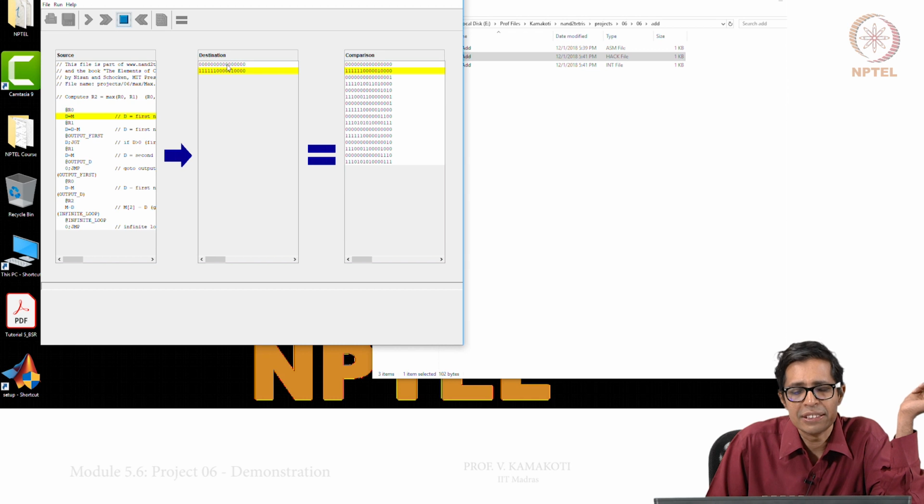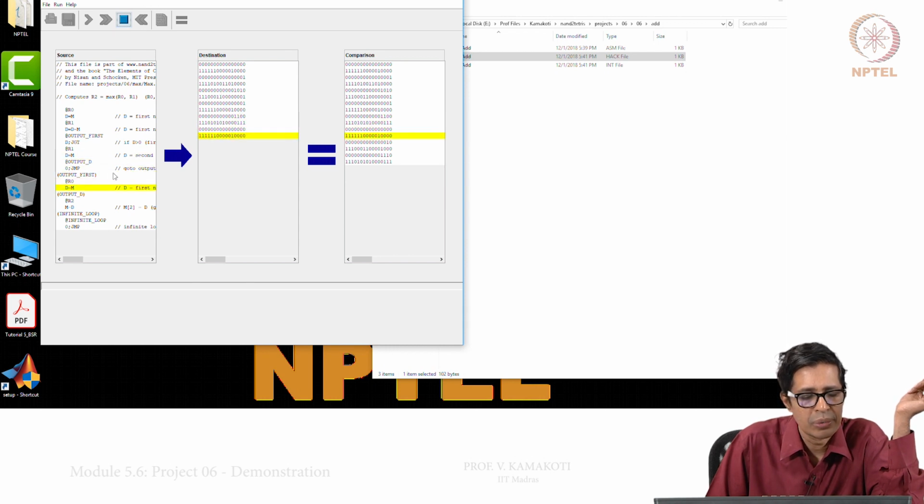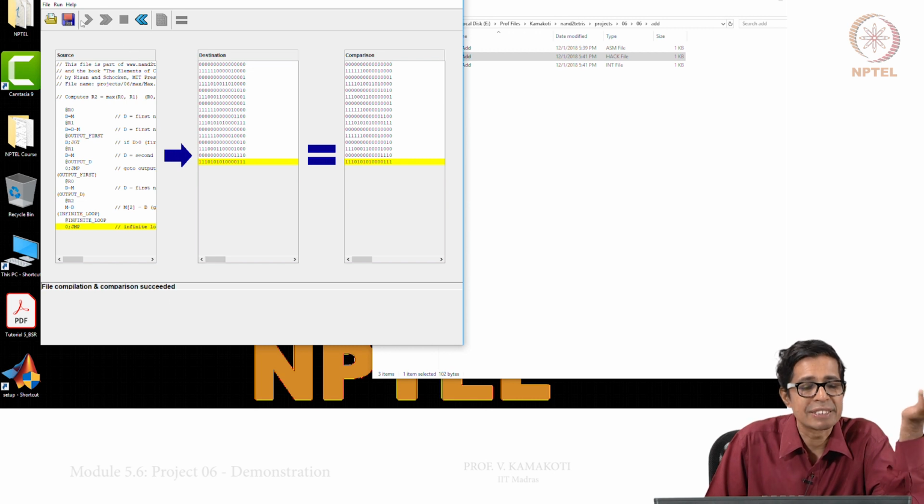Instruction by instruction, this is assembling. Note that the output first was not, this is just a label. And the comparison is success. So you can check this.